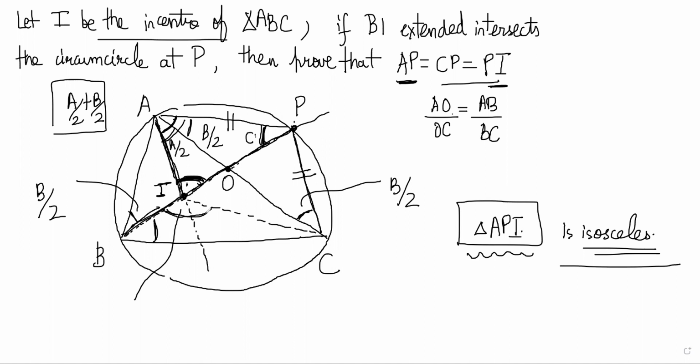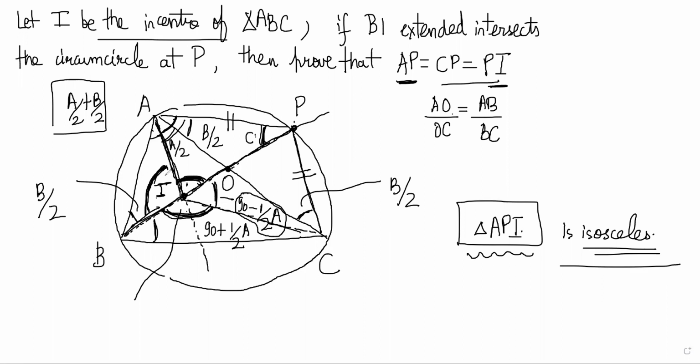Also, you should know that this angle, BIC, is 90 plus half A, right? Yes, sir. So we have here B by 2, here A by 2. We know this also, right? We know this, we know this. We probably can find out this one also now, since this will be 90 minus half A, right? Because it is a straight line, no?